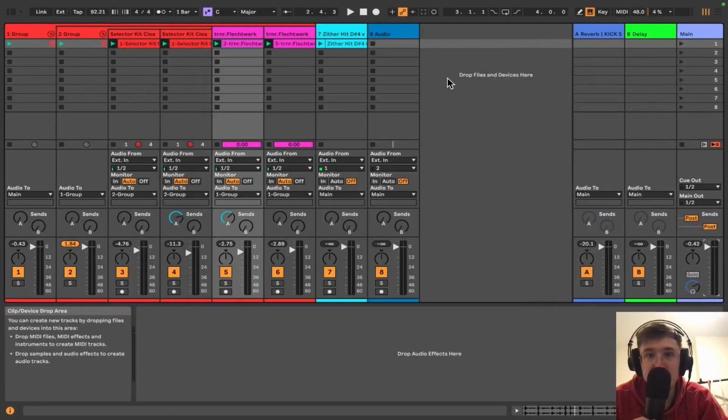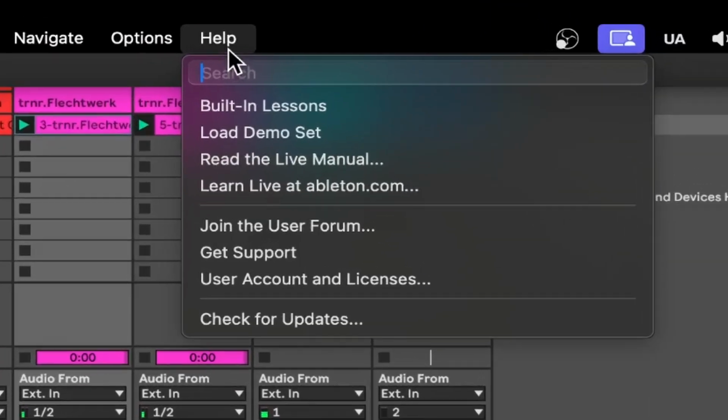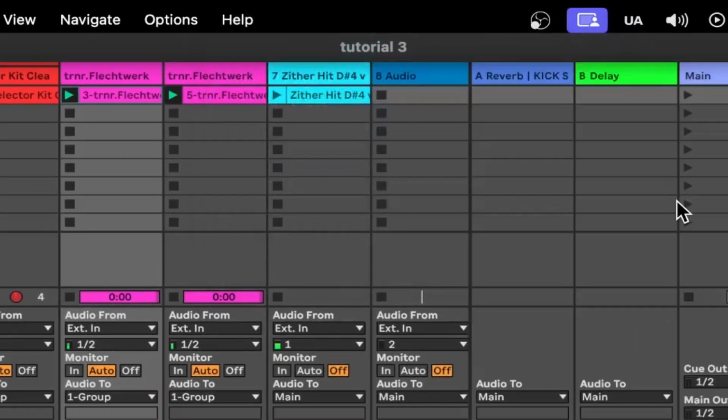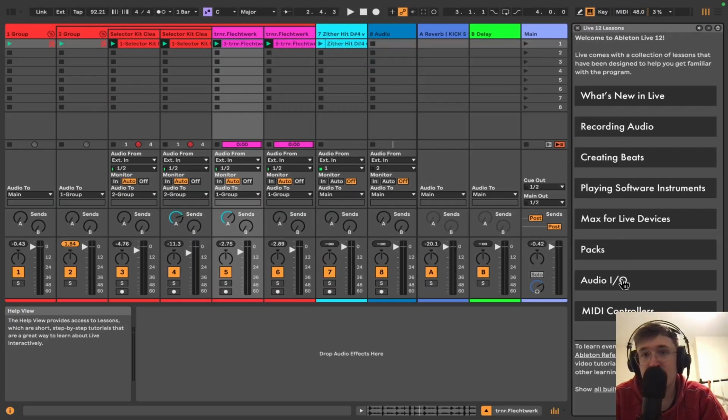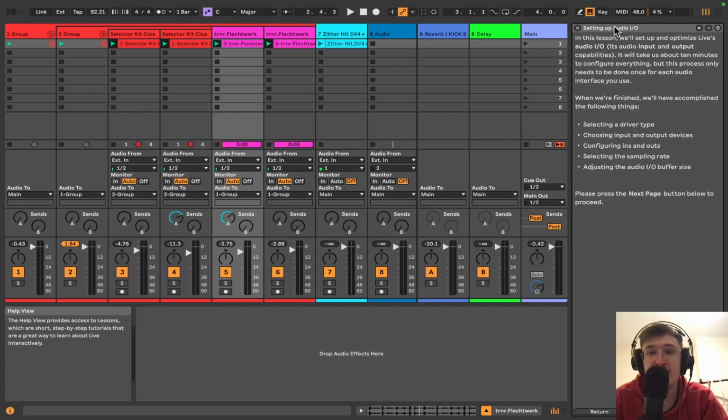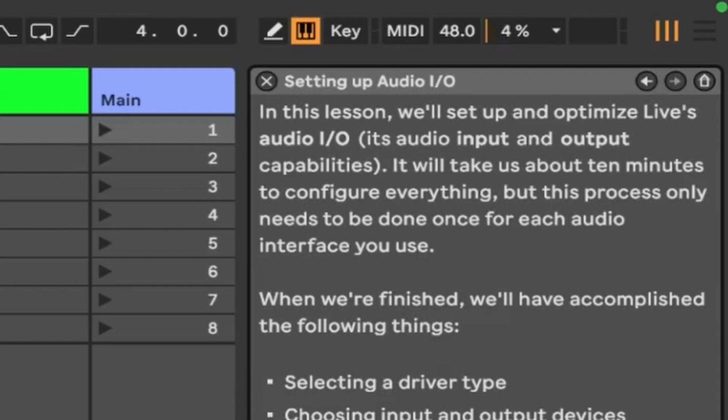So the way you can get to it is if you go to Help up here, then go to Built-in Lessons. And then as you can see here, these are all a bunch of very useful lessons for Live. There's Audio Input / Output. So you press there and then we can follow these settings. In this lesson, we'll set up and optimize Live's audio input and output settings. It will take about 10 minutes to configure everything, but this process only needs to be done once for each